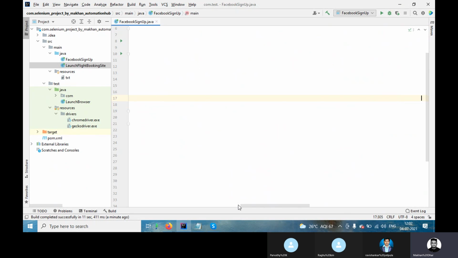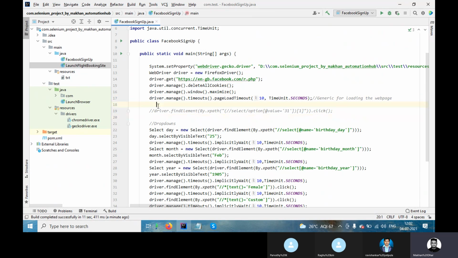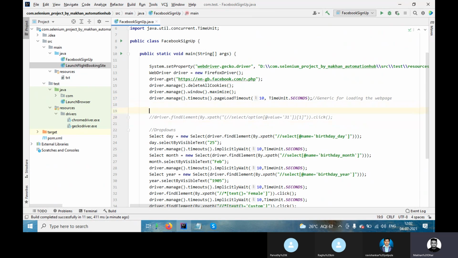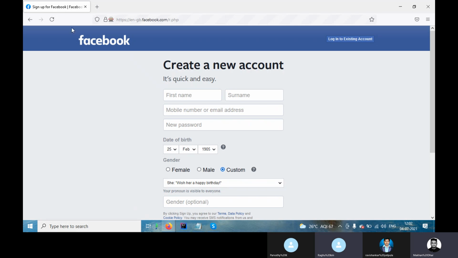Who is automating my ID? Okay. So now when I say this is the get title, it means you open some page and whatever you can see on this, it is a get title. It's the title of the page. Suppose the title of the page is Sign up for Facebook.